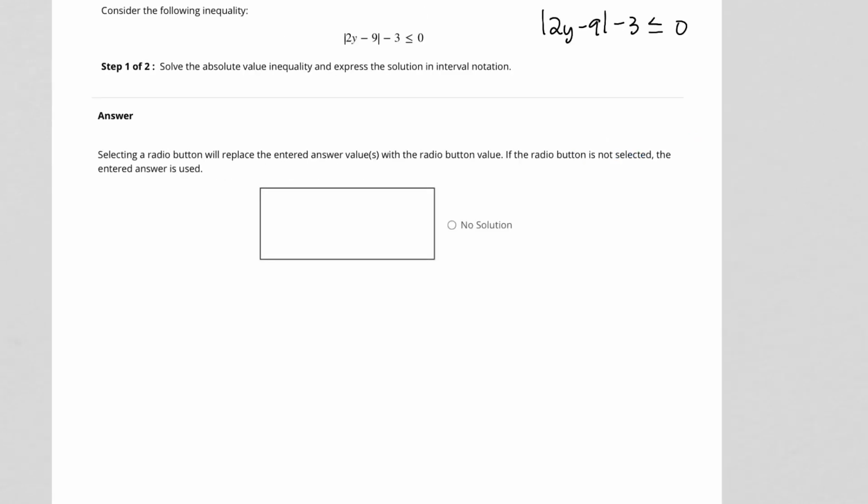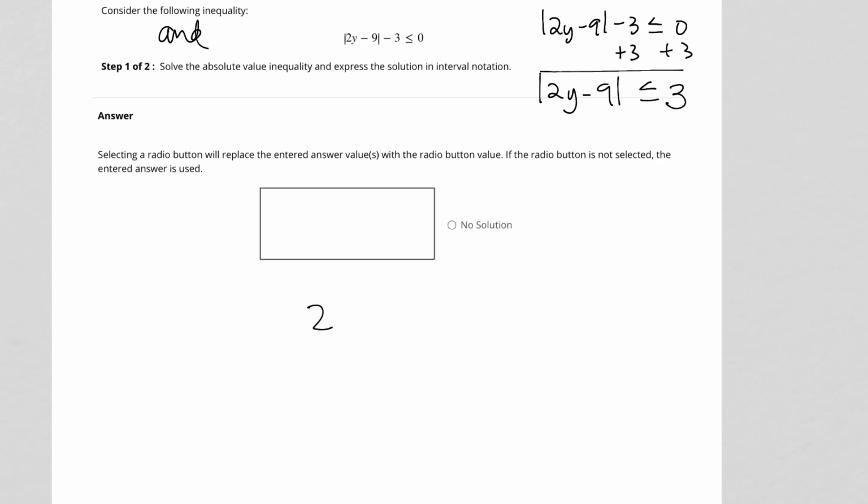We're considering the following inequality. The absolute value of 2y minus 9 minus 3 less than or equal to 0. So less than is going to be an and. I do have to put it in standard form, which means I'm going to have to add 3 to both sides. I have the absolute value of 2y minus 9 less than or equal to 3,